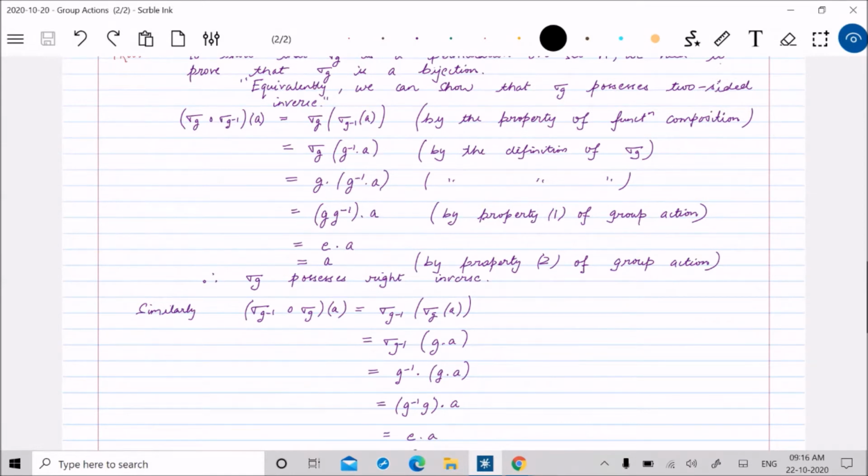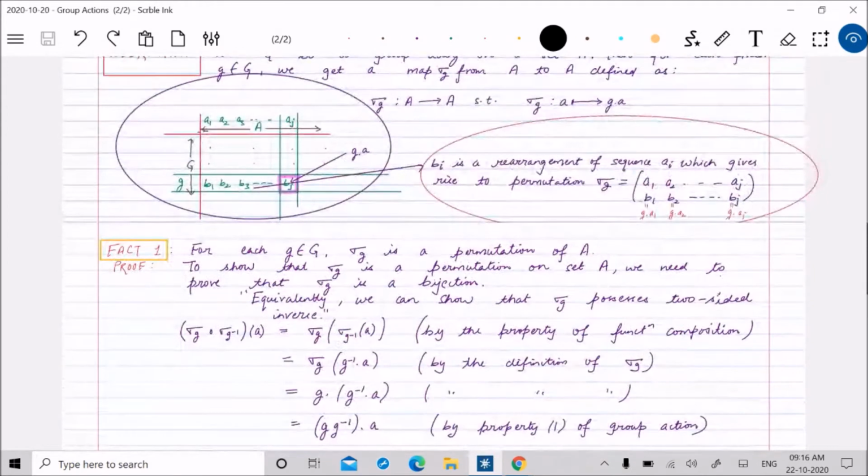Fact 2 is actually representing the correspondence between the group action on set A and the homomorphism from G to S_A, right? So these are just correlated to each other and can be taken as two sides of a single coin. If one happens, then the other will happen automatically, right? Okay. So fact one was for every element little g of group G,